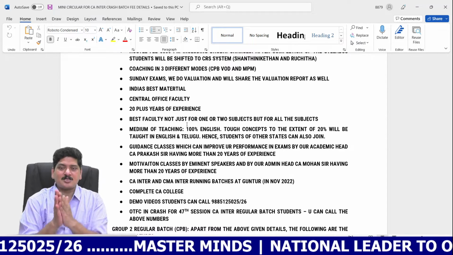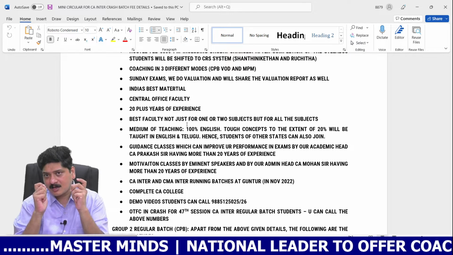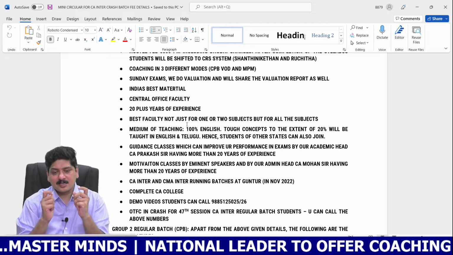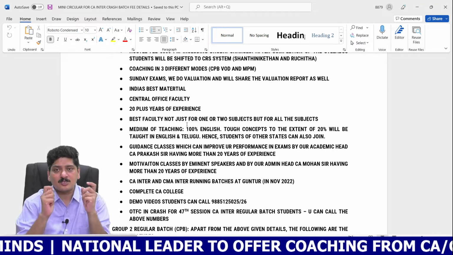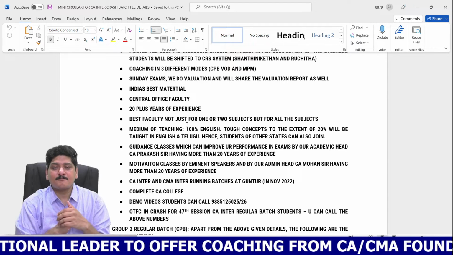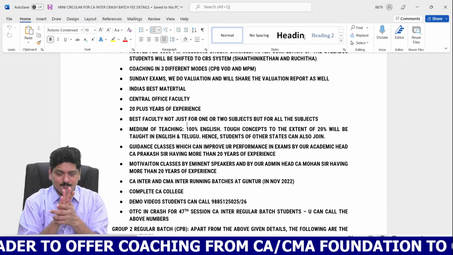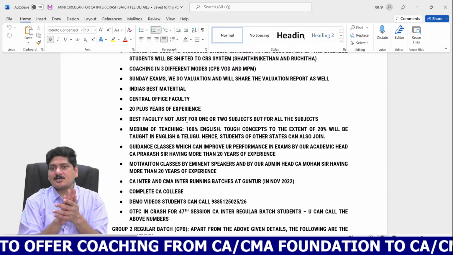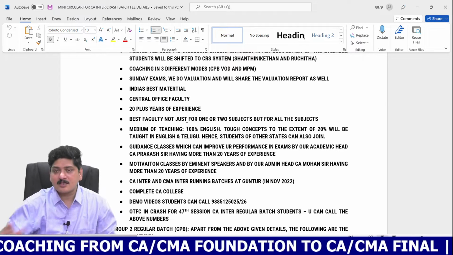So after completion of the teaching in English, in case the faculty feels that it is a tough topic to crack, a difficult topic which may not be understood by all the students, the faculty may repeat the same in Telugu as well. Do note that it's a repetition. We teach in English, and we repeat the same in Telugu as well.